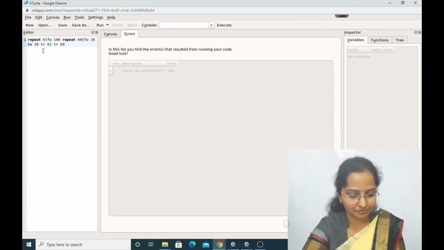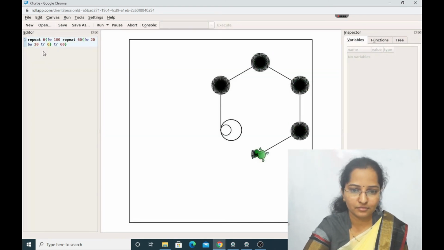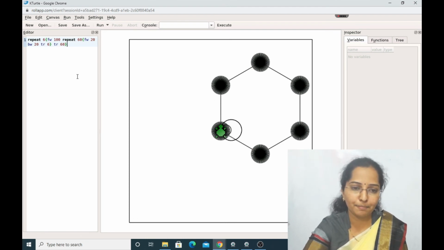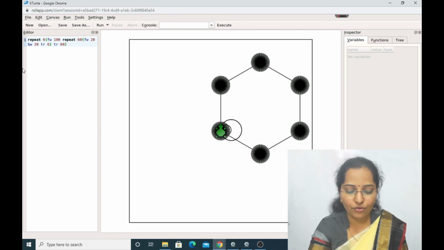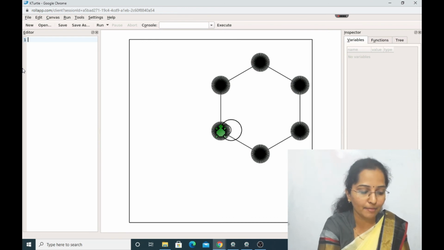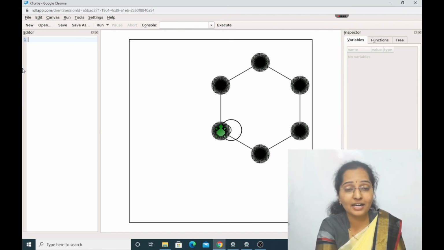Now click on F5. Okay, this beautiful nested repeat command has been used to draw a hexagon. If you want, I'll explain once again how to draw a hexagon in KTurtle using the nested repeat command. I feel writing these commands will be a bit tough, but the output from these commands will be very enjoyable and very beautiful, right? Type reset, click on the F5 key.